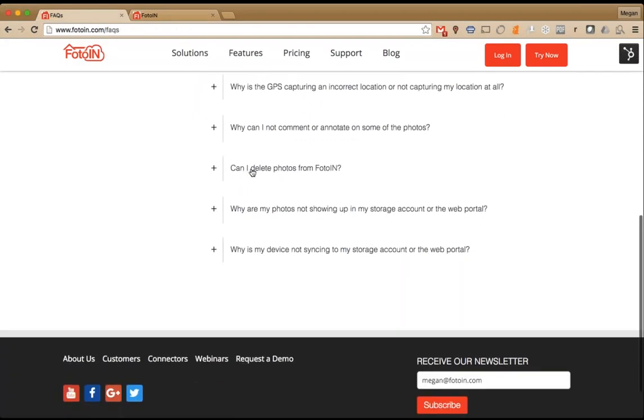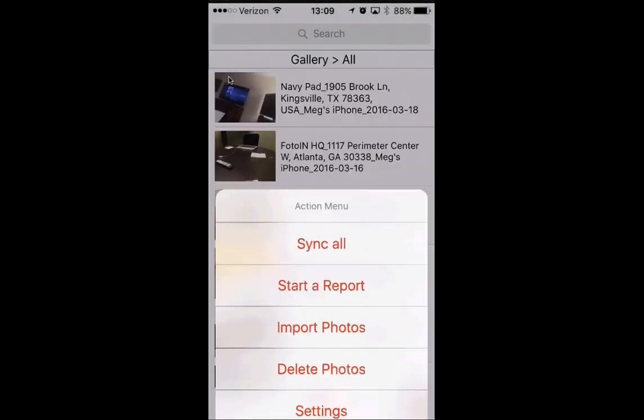The next question. Why is the GPS capturing an incorrect location or not capturing my location at all? Similar to the one above, you want to make sure that the project is configured ahead of time, but you also want to make sure that, like I said before, your location services are turned on, and also here is going to depend on if you have Wi-Fi accessibility where you are taking photos or not. So we do have an option in FotoIN, which I will show you. Under Settings on the mobile device,